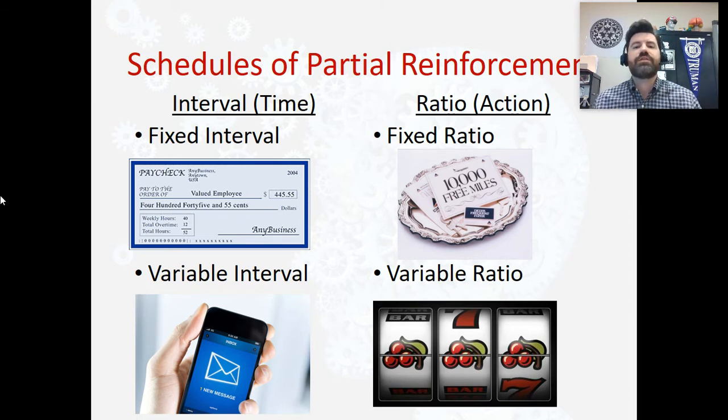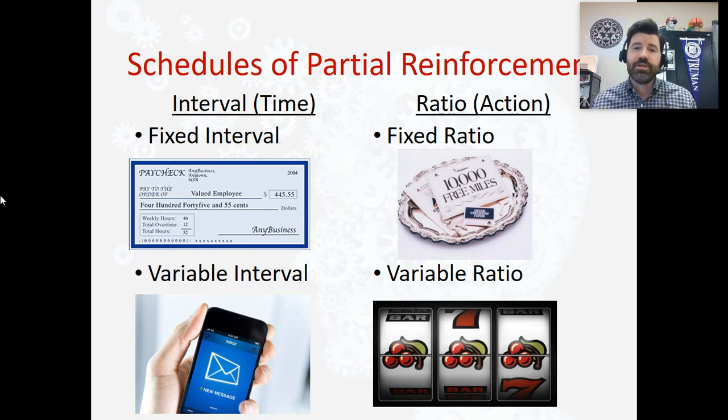So let's think about a fixed ratio. For a fixed ratio, you have to actually have an action, and there is a consistent number of times you have to do something. Every 10 times the pigeon pecks at the little disc, it gets food. Punch cards. Every 10 times you buy a coffee, you get a free coffee. That's a fixed ratio. Or those leaf bags, right? If you're doing some yard work, and your parents say, for every bag of leaves you fill up, I'm going to pay you $1. And so you go in the backyard and you rake leaves all day long, and you fill up 20 bags. You're like, all right, $20. It's a fixed ratio. It's consistent, and it's based off you doing something.